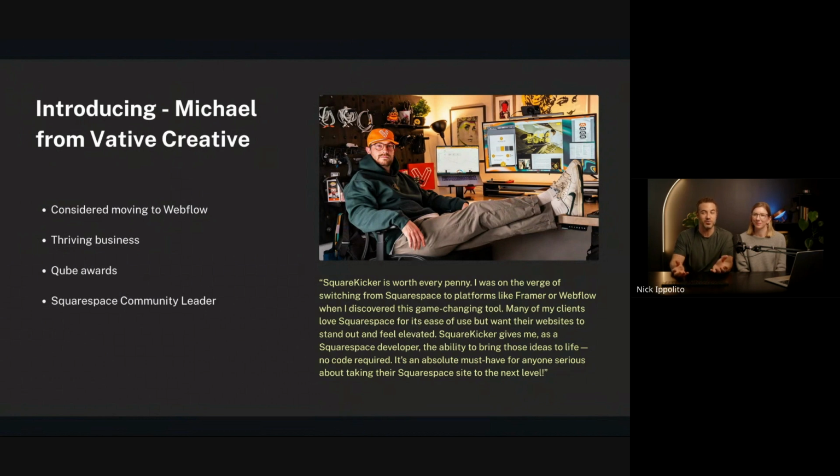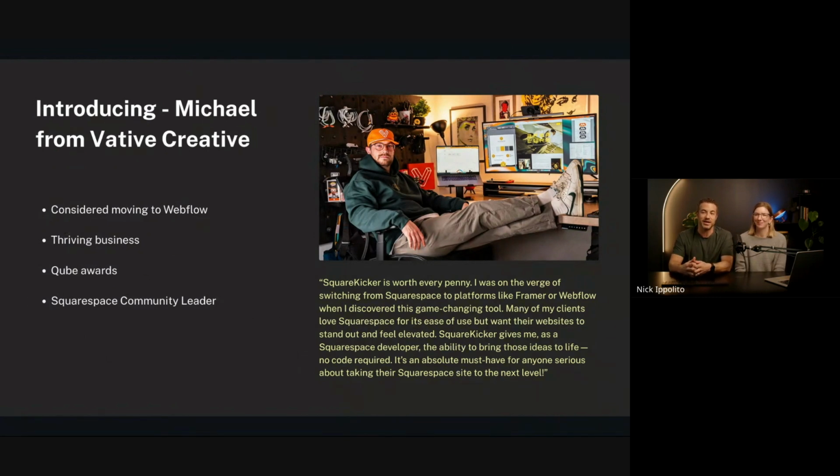He's also started this really cool new thing called Cube Awards. So if you haven't checked it out, just Google Cube Awards, and you'll find a Squarespace design competition where you can submit websites that you have done or other people have done, and go into a judging panel and create these awards for the best designed Squarespace website. So really cool resource that's just starting this year. Definitely recommend checking that out. He's also a part of the Squarespace community leader program with us as well, which involves some one-on-one talks monthly with the Squarespace team on how we can improve the product that we're all working on together.